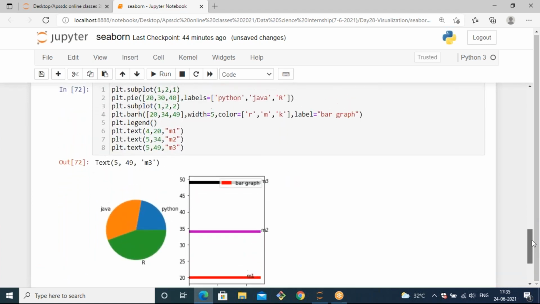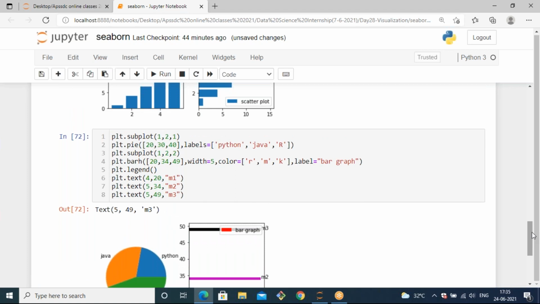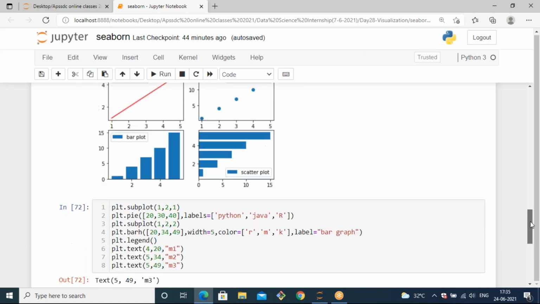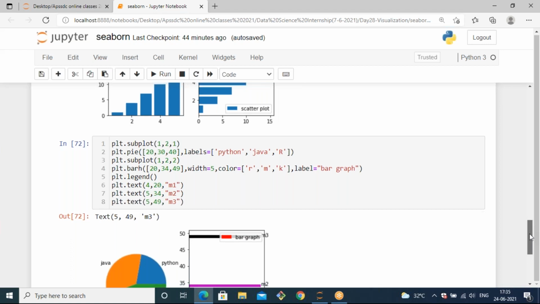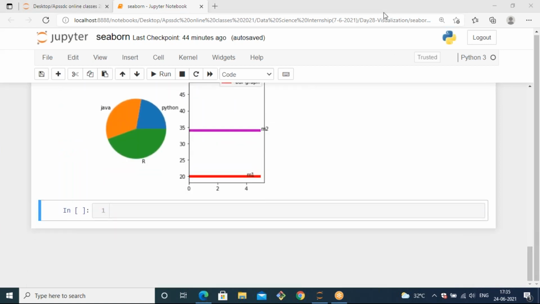Okay, like this you can generate subplots based on your perspective. Okay, am I clear how to generate subplots? Guys, respond to me.